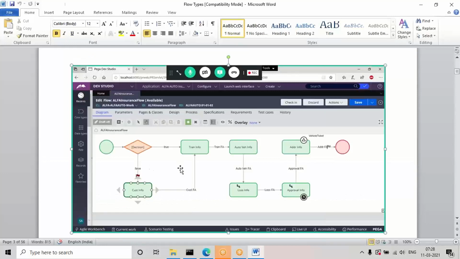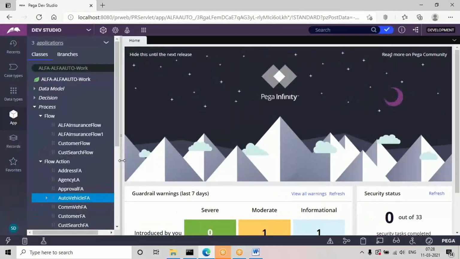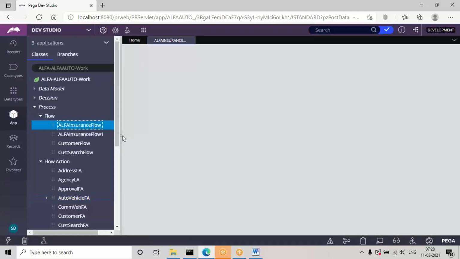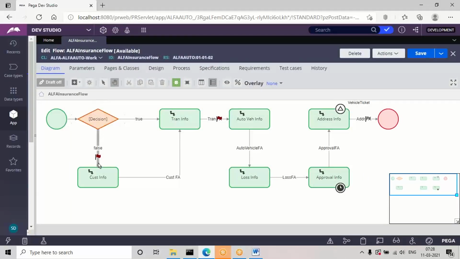And the other thing is the process flow design I have. If you see the process flow insurance design, I want to customize the insurance flow design such that, after the start shape, we have the first three steps. I want to add these first three steps using a screen flow, and I'll be calling that screen flow inside the process flow. Even decision making also. So from decision making till the auto vehicle form, I want to configure in a screen flow, and I will be calling that screen flow inside the insurance flow. Okay, so that is the requirement.